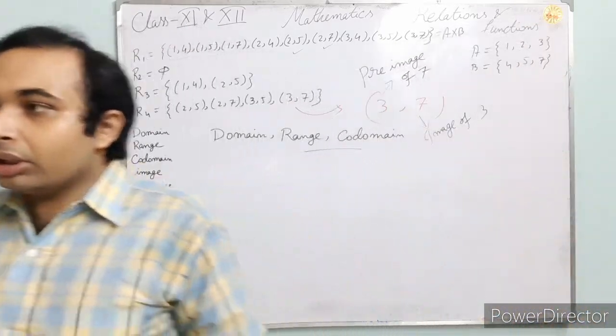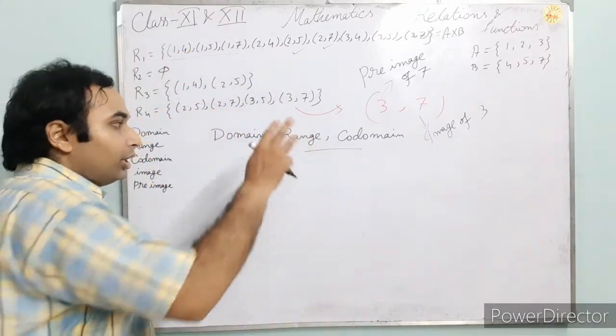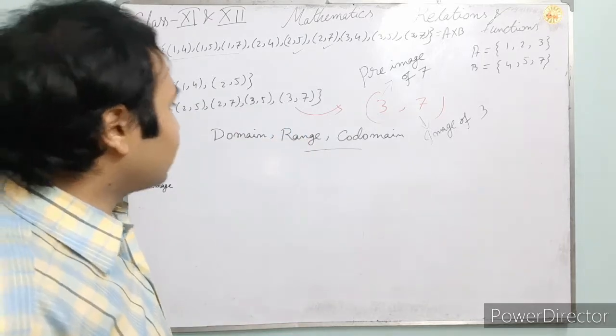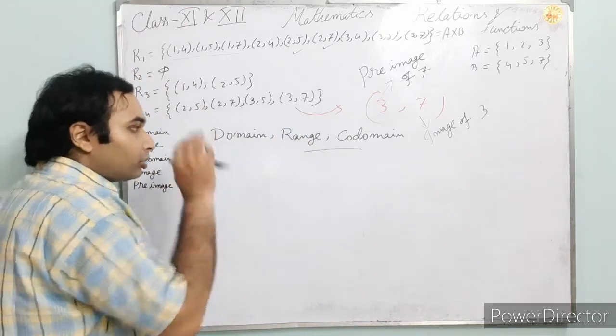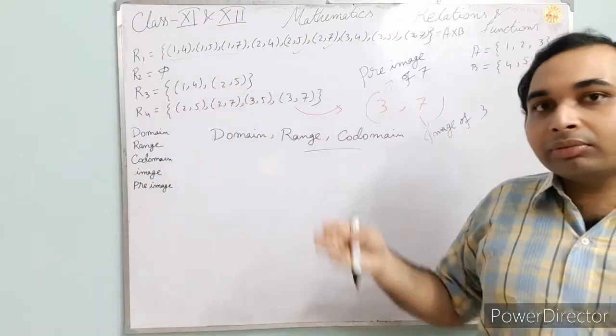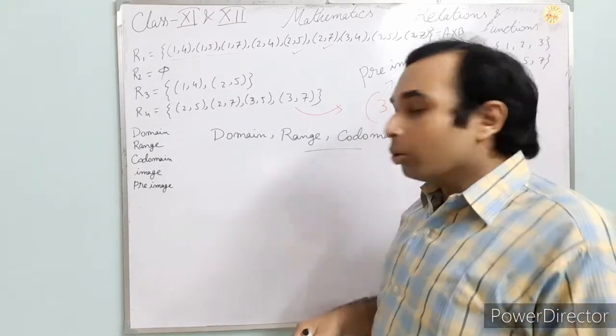If you take mathematics in your higher studies, then obviously for each and every step of the analysis, real analysis, complex analysis and other things, calculus, those will be required. And obviously in class 11 and 12 you will see lots of times we will use only those names: domain, range and the codomain.